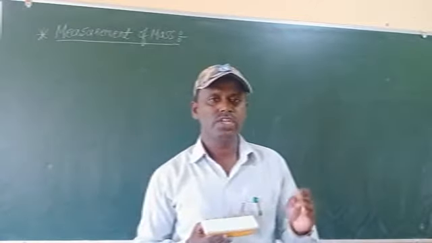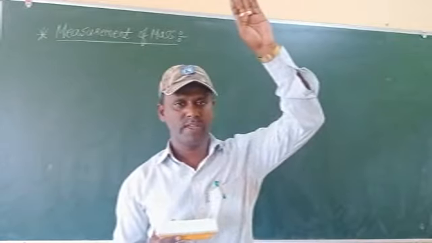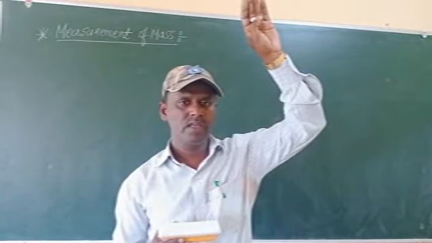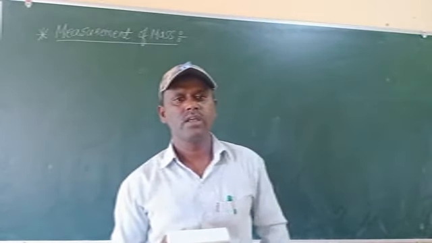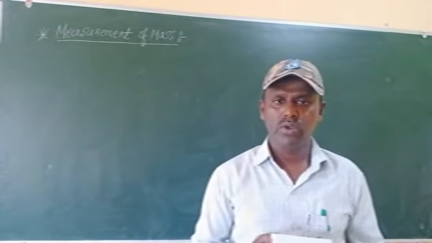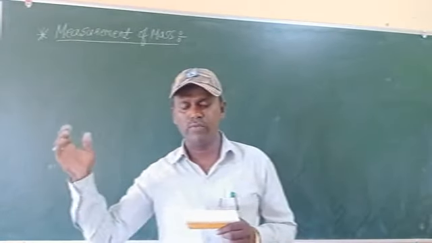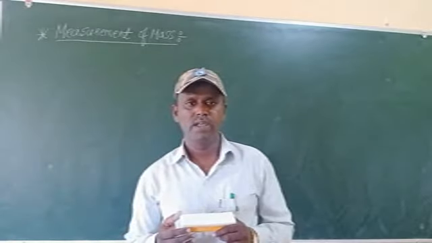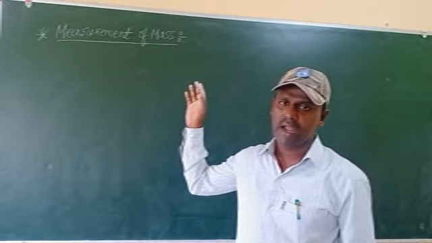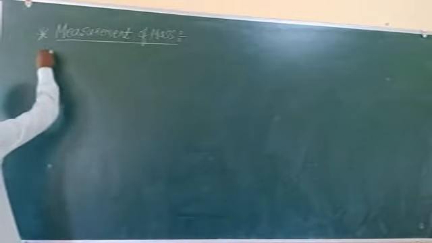When there is no gravitational power, if you went to a place, means not on the earth, into the space, into the sky, towards the sky. If you went to any planet where there is no gravitational power, there you may feel zero weight on your body. That is only the force. Weight means a force acting on your body. But mass is the total quantity of matter present in a body. The quantity of matter present in a body.